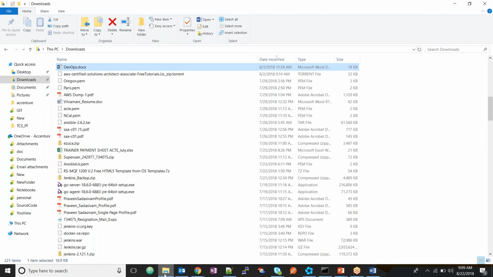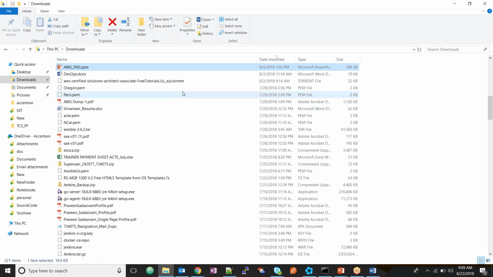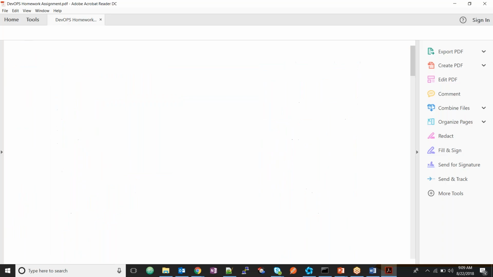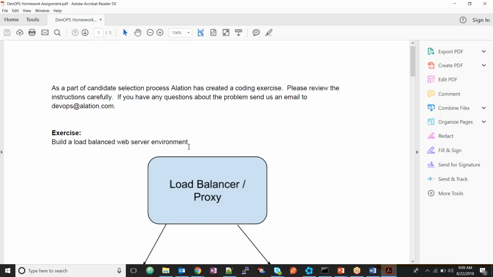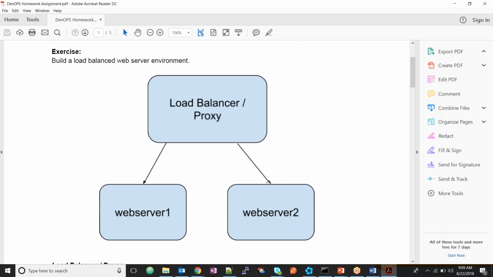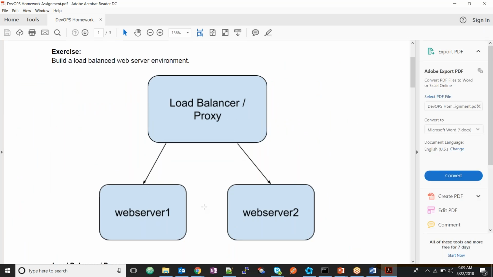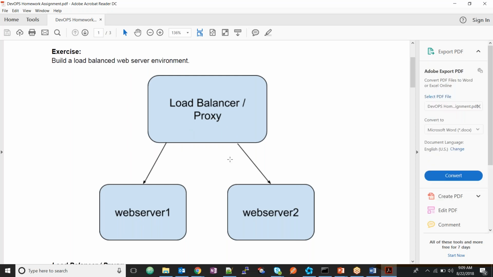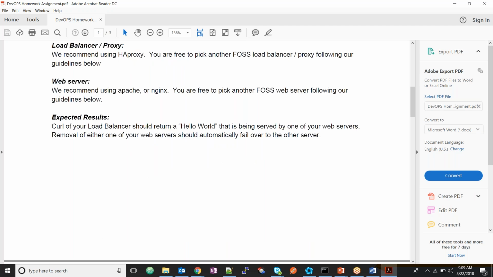If you want, I can show some sample again. Okay, last week for one of the interviews, they gave this scenario. We have to create an automation infrastructure. We need three servers. On two of the servers, we have to deploy web servers, and on one server we have to put a load balancer. Using this load balancer, we have to split our load across these two systems. We have to do this in an automated manner.